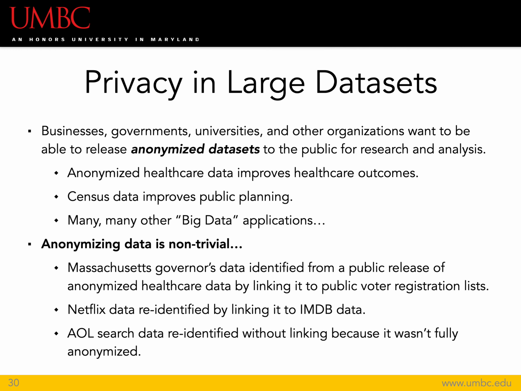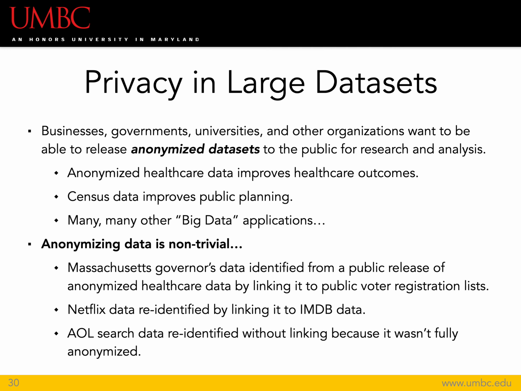You can think of this as an important concern in fighting COVID-19. The census, which is also going on this year, is another good example of how this sort of technique may be useful. And there are many, many, many other big data style applications for achieving privacy in an anonymized data release. The problem is anonymization is hard. It's very difficult to do correctly. There's three examples that I'll walk through here of how problematic anonymization can be.